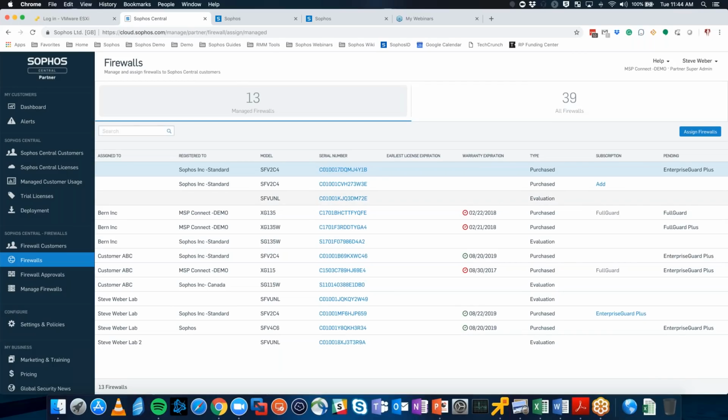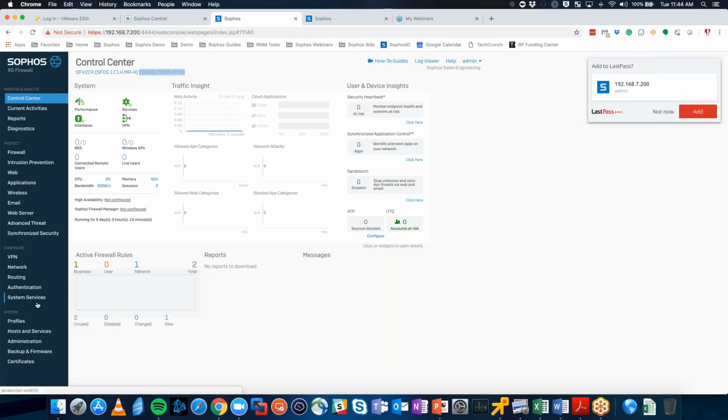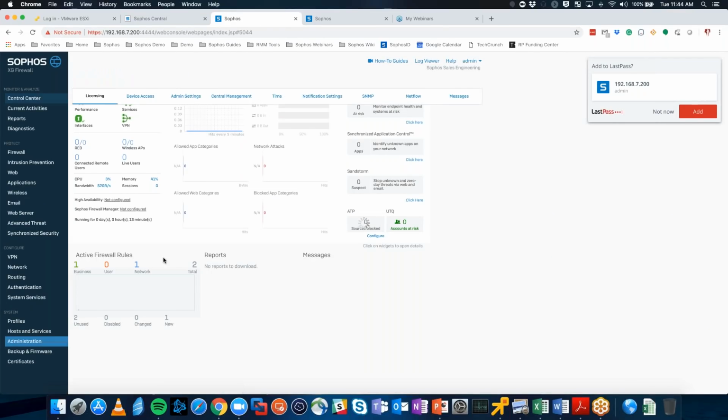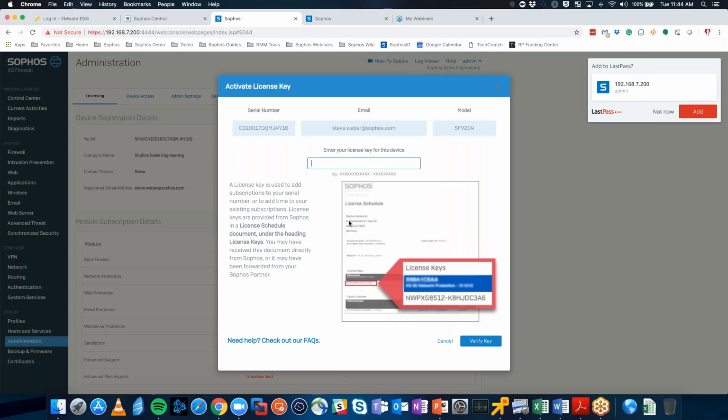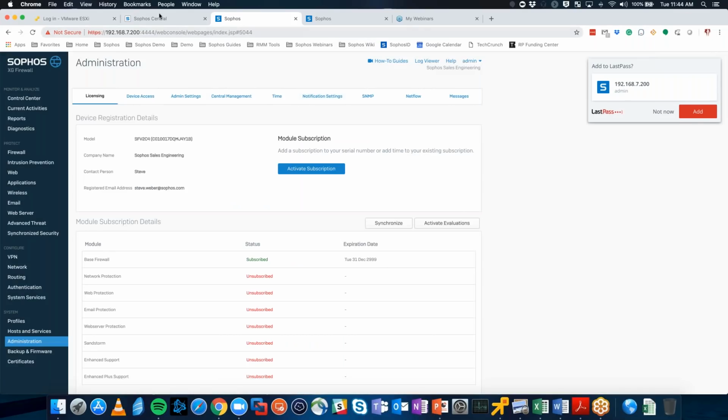They will send you a license file. That license file contains the key, which gets applied to the actual XG firewall itself. So we come into an XG firewall here, under Administration and Licensing. This is where you click to activate your subscription, and it asks for that key from your licensing schedule. There is no expiration on it. We'll be extending all those out automatically, basically verify the key, and that device is now